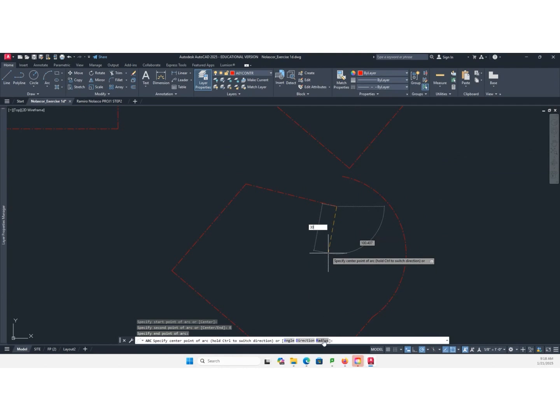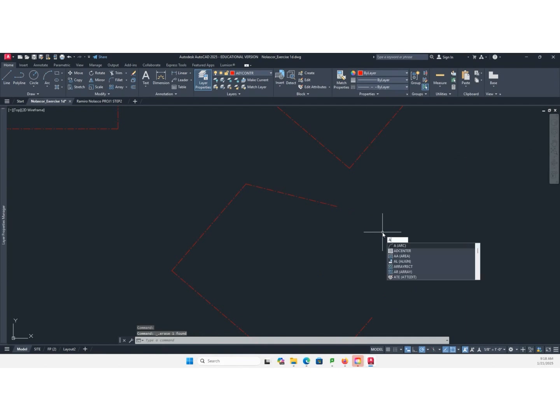I'm not saying radius. That's what I'm not doing. Radius 30 feet. There you go. Too early for me.